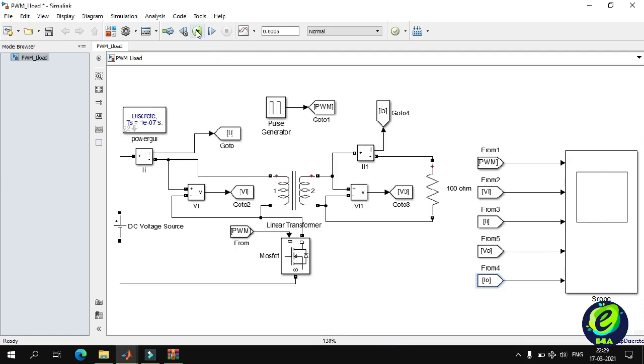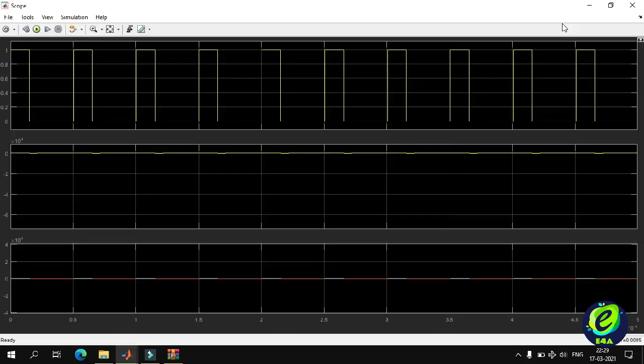Let us run the simulation. We can only see 3 axes. Select a proper layout for the scope axes to view all the waveforms together.